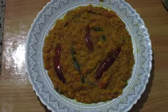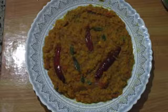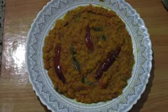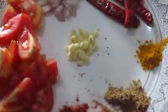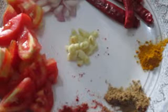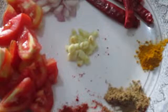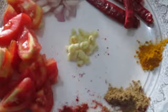Dal fry or lentil fry or yellow split pigeon pea fry. Today we are going to make dal fry or lentil fry. The ingredients are